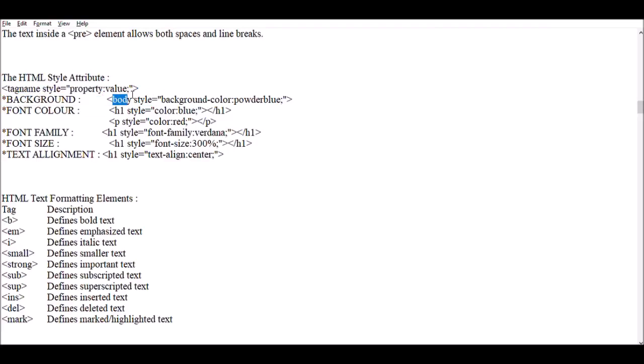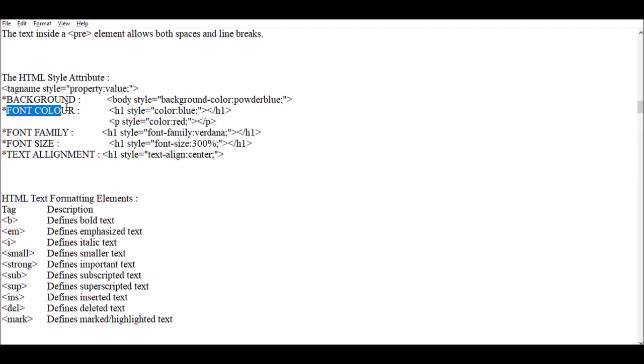Here body is an element, style is its attribute, and background-color is its property. Again, background-color has a value called powderblue. It means after applying this to the body, the background of your web page will be powder blue.